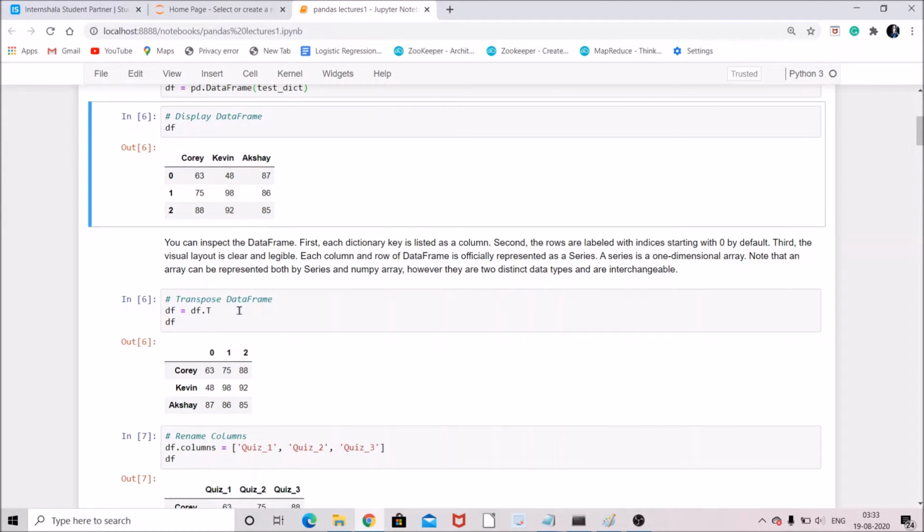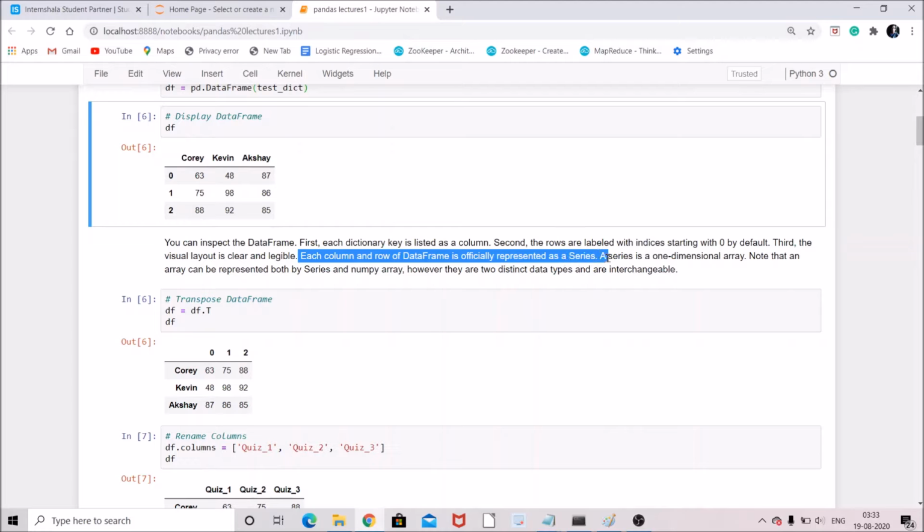First, each dictionary key is listed as a column. Second, the rows are labeled with indices starting from 0 by default. Third, the visual layout is clear and legible. Each column and row of the data frame is officially represented as a series.